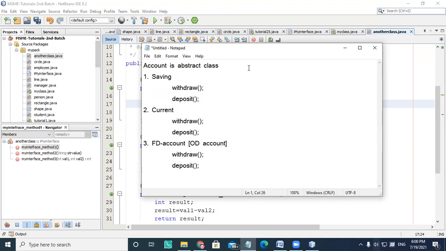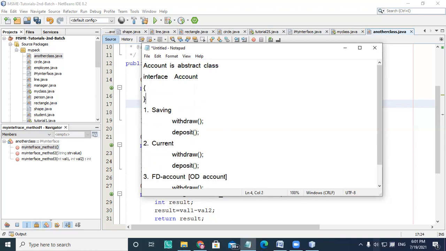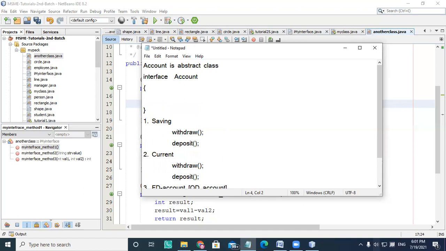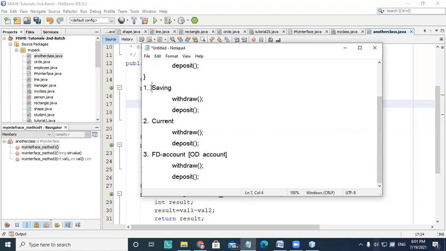So in that case, I'm going to create an Account interface here. And inside that I'm going to use an abstract method called withdraw, and another abstract method called deposit, because the condition of these is going to change according to the classes here. So if there is a class called Saving, the Saving class will write the body of the withdraw function and deposit function by applying some condition here.